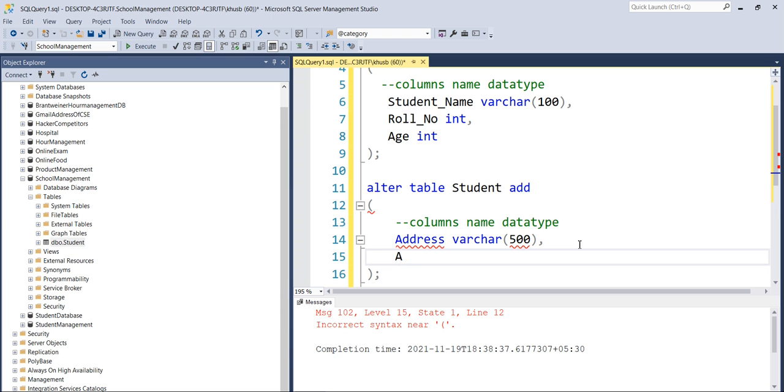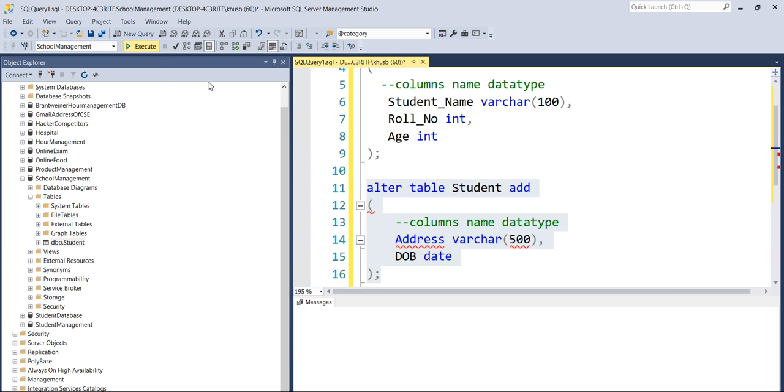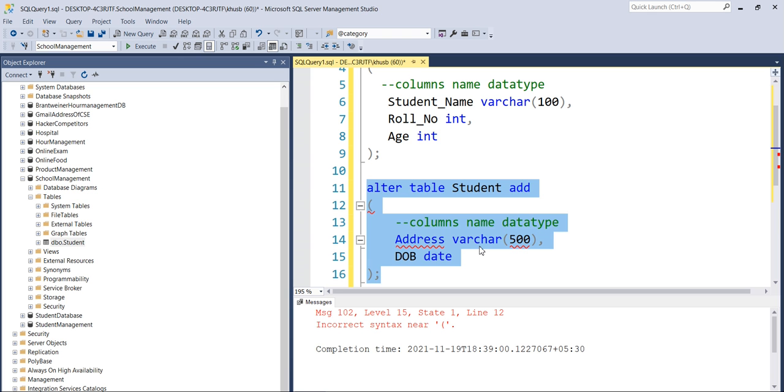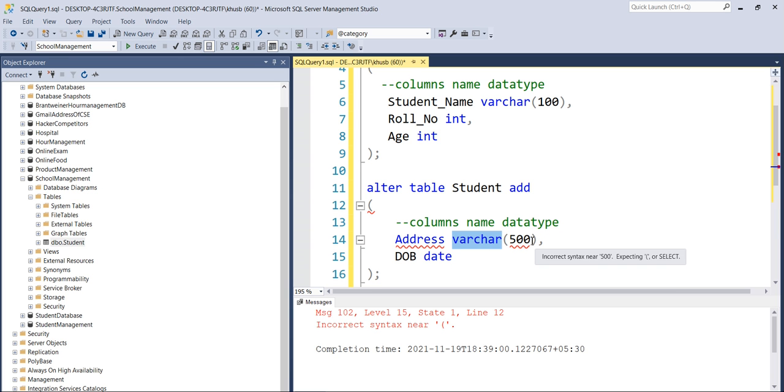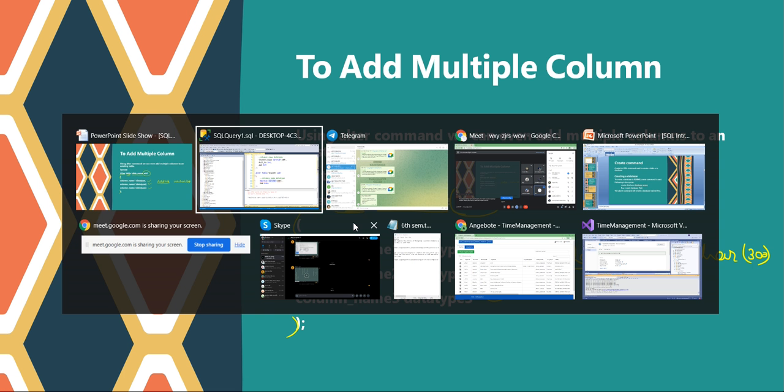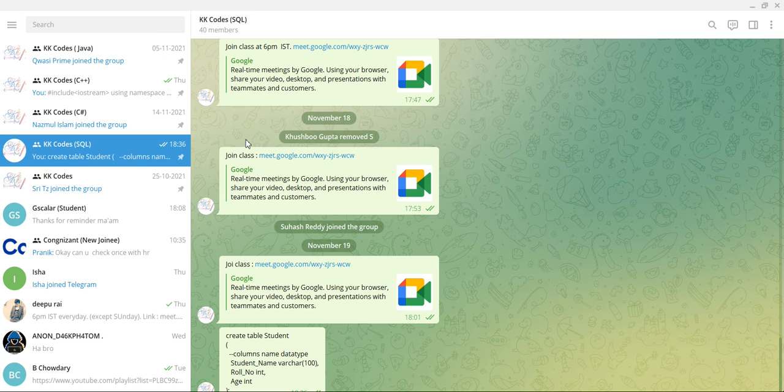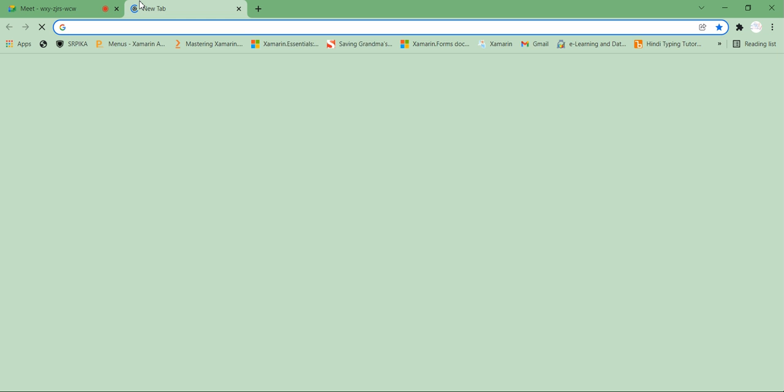Let's say add one more column as DOB, date. Yeah, all are good. Okay, let me just quickly go through my Google.